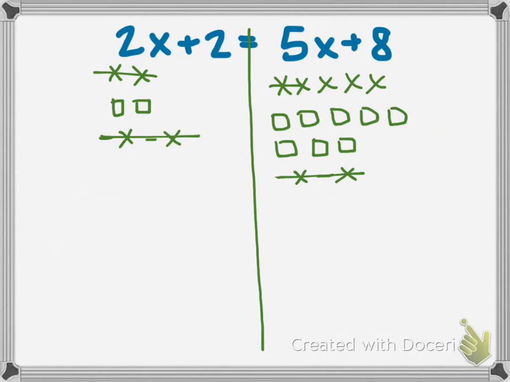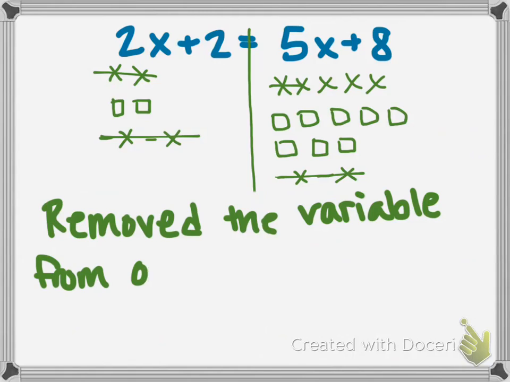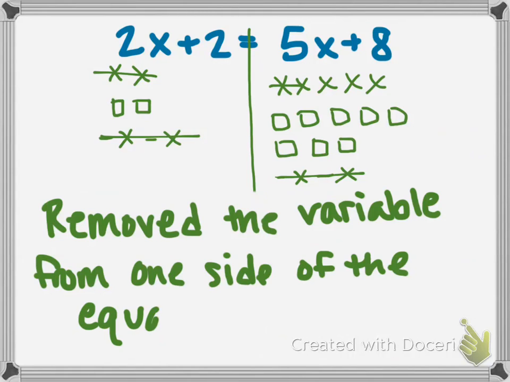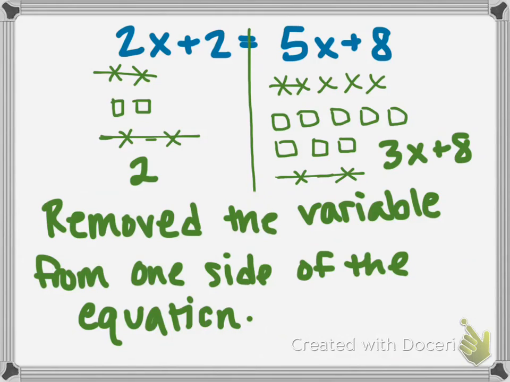In our steps, we would name this some form of removing the variable from one side of the equation. And we're removing it because we start out with 2x plus 2 on the left side, but whenever we're done with this step, there's no longer an x on that side of the equation. We're just left with 2. And then we have 3x plus 8 on the other side. So now that we have 2 equals 3x plus 8,